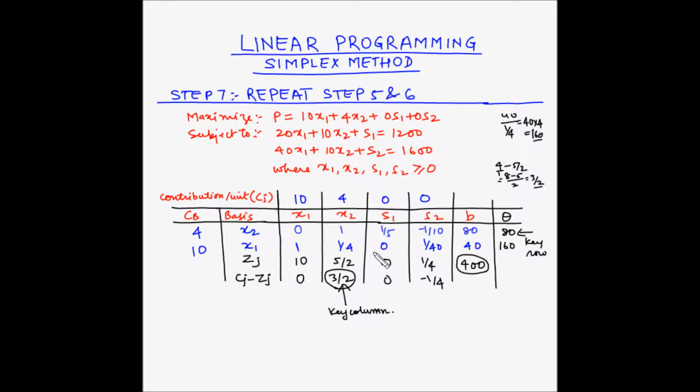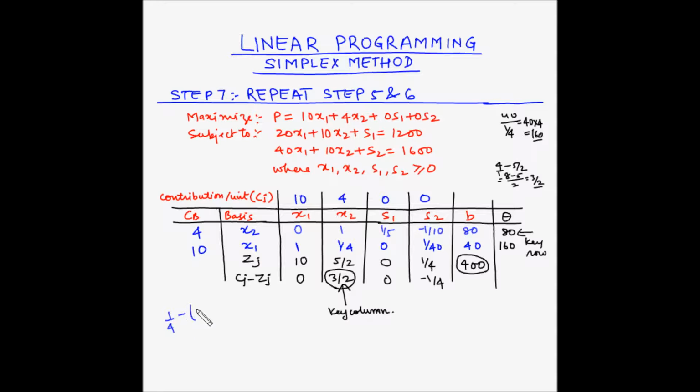Now all the remaining elements are replaced by new elements, and the idea is that now this element in the key column has to be made 0 by multiplying something like a multiple to this key element, which is 1, and then subtracting from the element in the row which is being replaced. So let's see what will be that multiple. That multiple is the key. So what we have to do is 1 by 4, this is the value in the row which is being replaced,